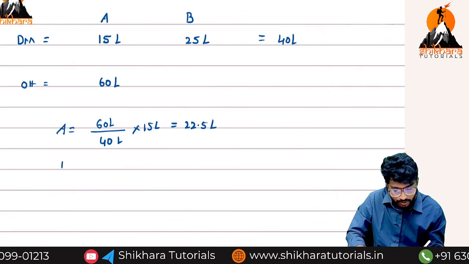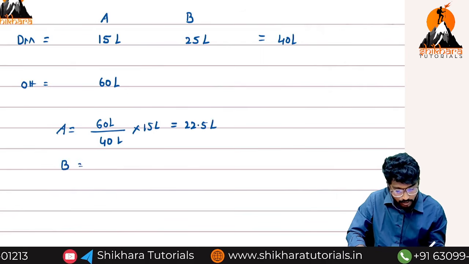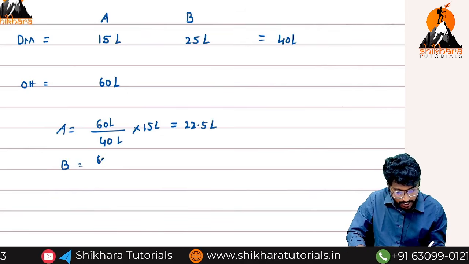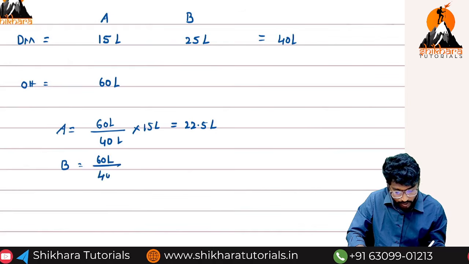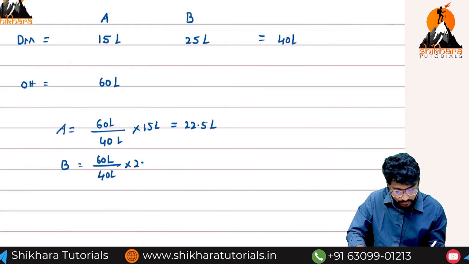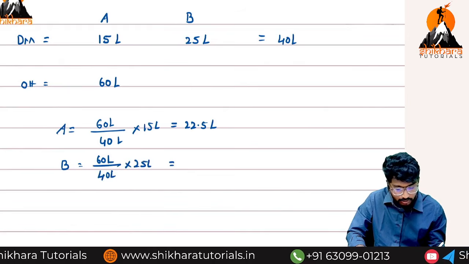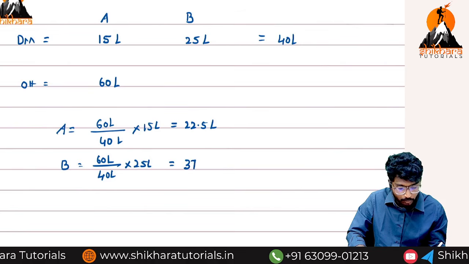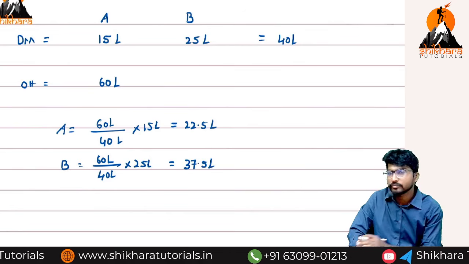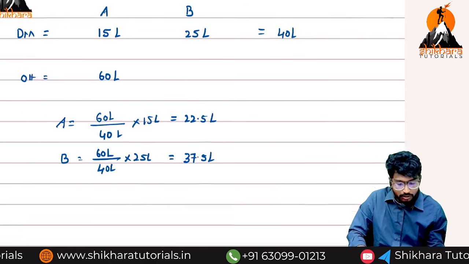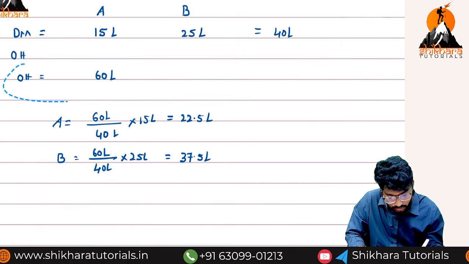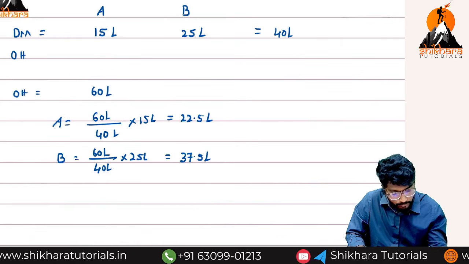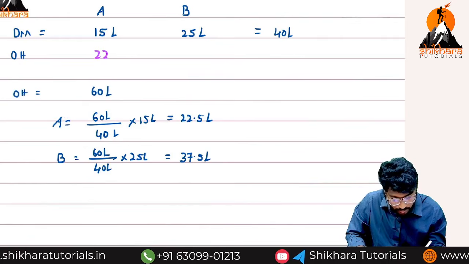Next, for B, 60 lakhs divided by 40 lakhs into 25 lakhs. That is how much? 37.5 lakhs. Now A will get a share of how much? 22.5 lakhs,